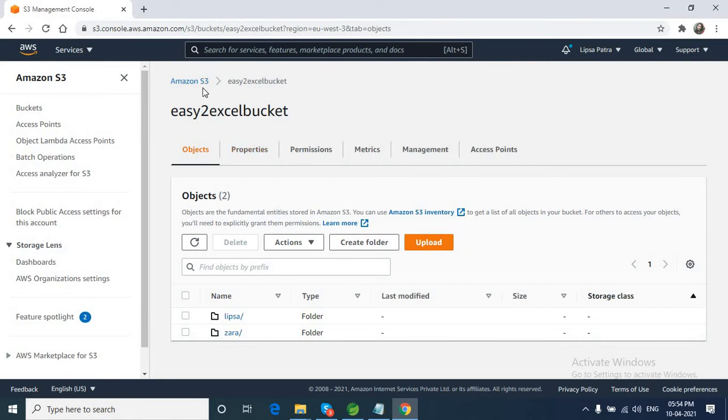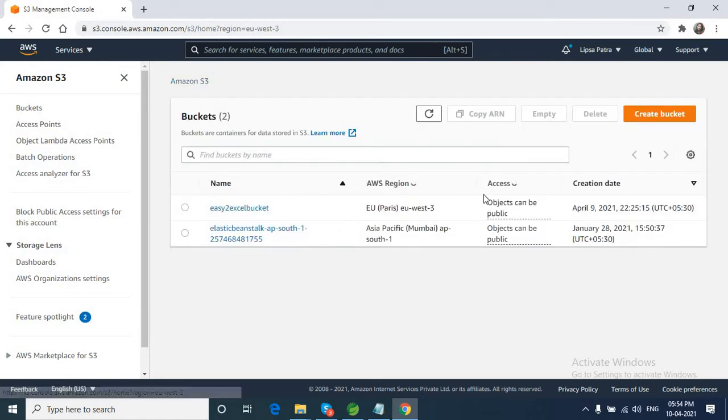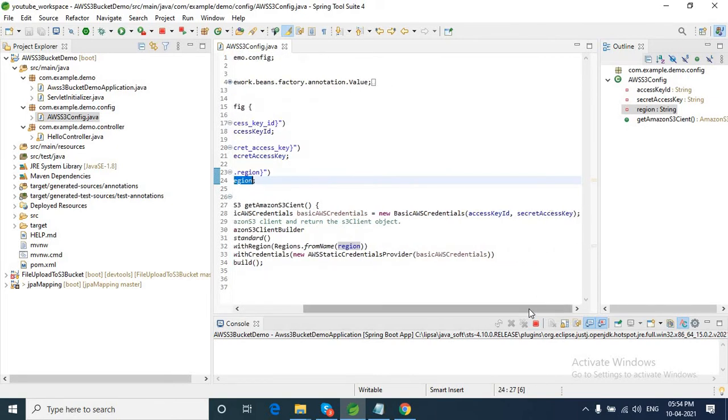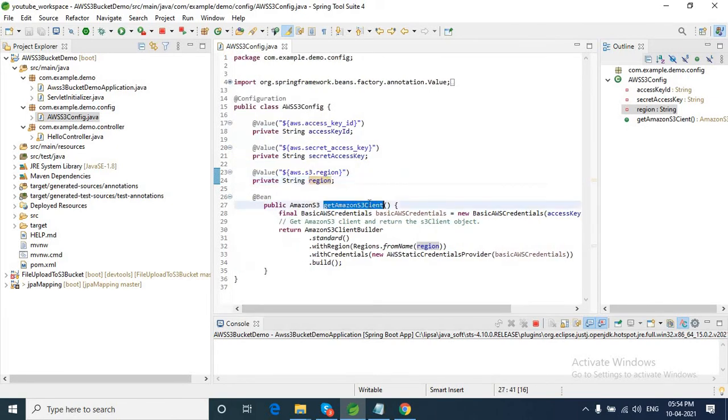In my case, my region is EOS3. In this region, I have created my easy to Excel bucket. So that's the AWS S3 config class. By using this access key and secret access key, I get the Amazon S3 client to deal with the Amazon S3 bucket.